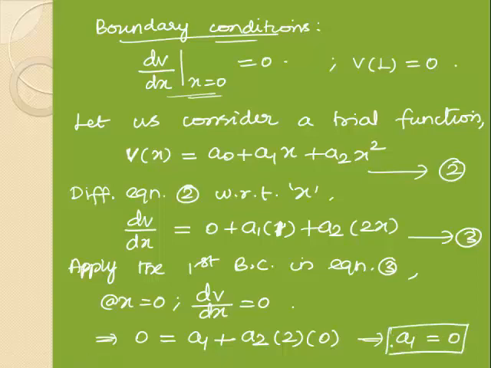Okay, so next we can apply the second boundary condition, v of L is equal to 0. That is, at x equal to L, velocity v equal to 0. So that condition can be applied in equation 2 directly. Okay, so in equation 2, when we apply the value of x as L, the velocity function will be 0. Okay, so apply the second boundary condition